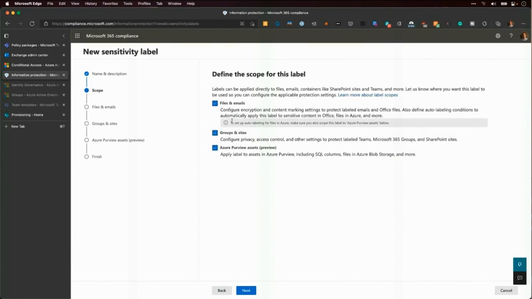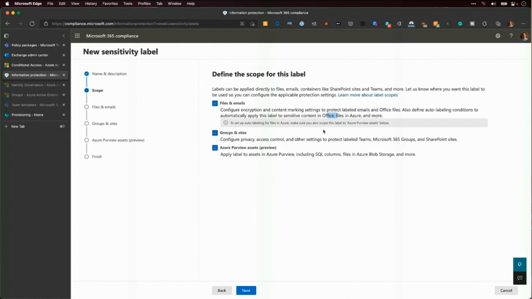Now we come up with the scope. So off the bat, you get 3 options. Files and emails. This is going to be Word documents, Excel documents, different files that are stored in that location, emails within Outlook. You can also see you can use this in Azure and Office. You can do some auto labeling with these.